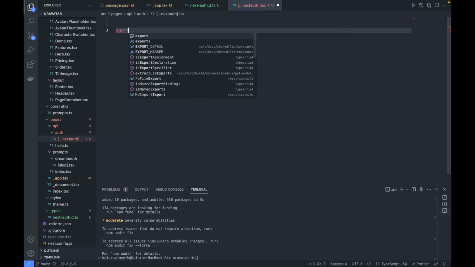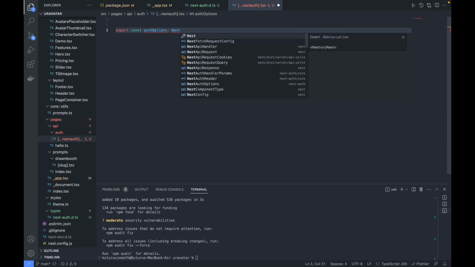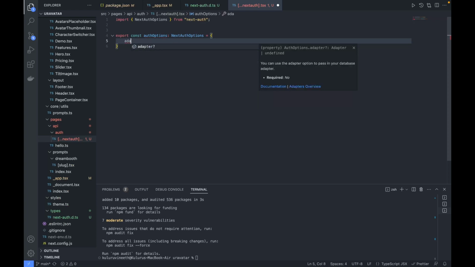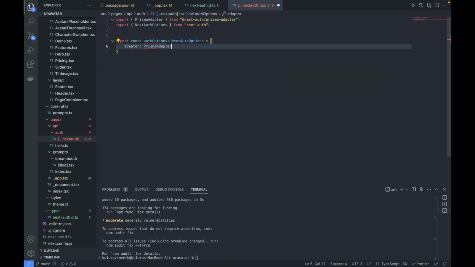So we're going to export the auth options, and we are going to inherit from NextAuth options. Fine, so here the adapter, as I mentioned, is going to be a Prisma adapter that we'll be using, and also here the DB, we have to give the details of the DB. So here I'm going to write the